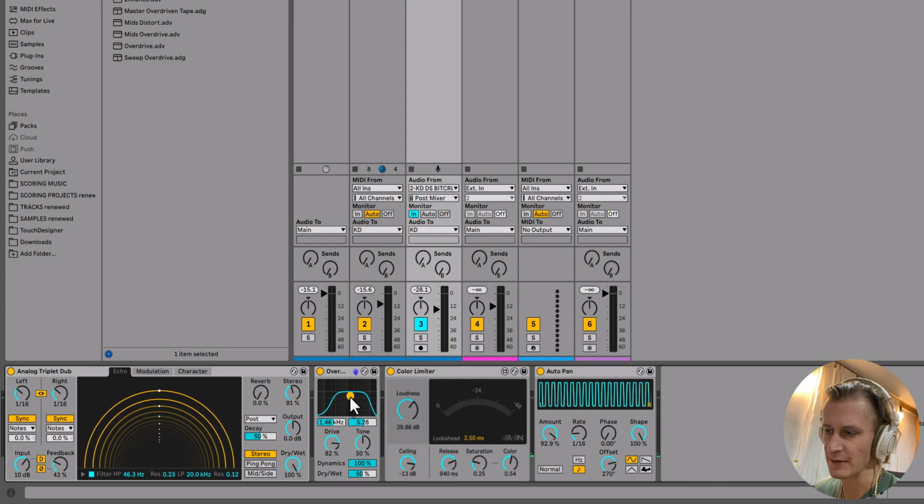Somewhere in this position of the bandpass filter, for me it sounds okay, but still pretty not gluing with the